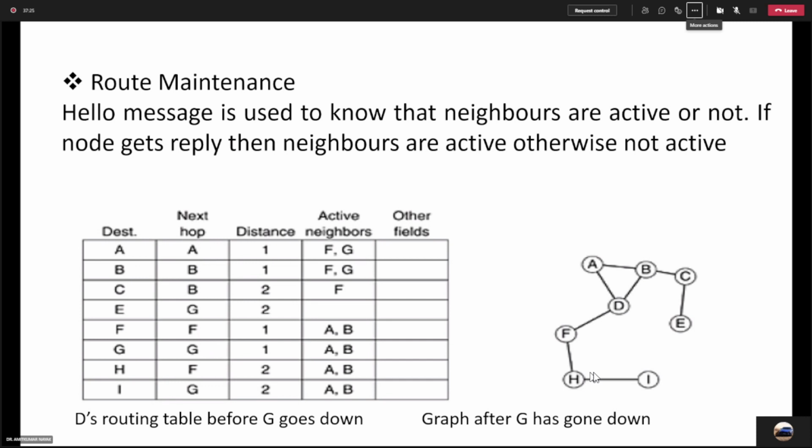If the links are able to handle the number of packets which are transmitted properly, then we can say that moderate network traffic is there. If the links are idle, if the transmission media is idle, then we can say that network traffic is low or zero network traffic is there, because links are free.